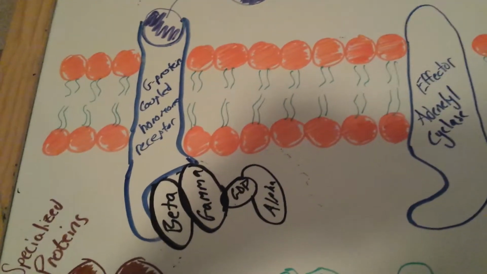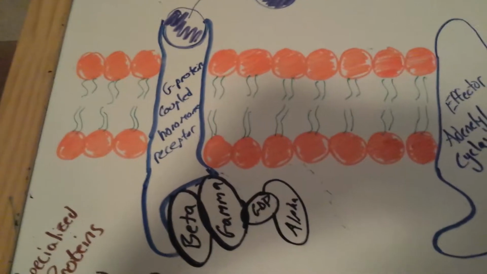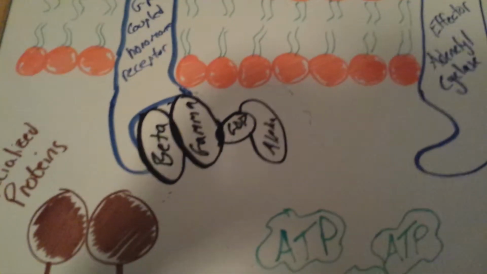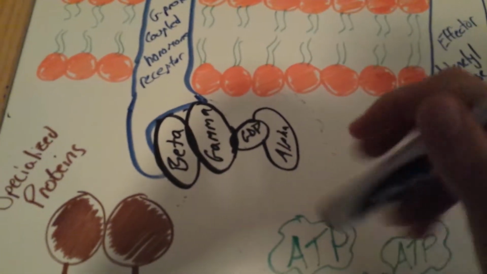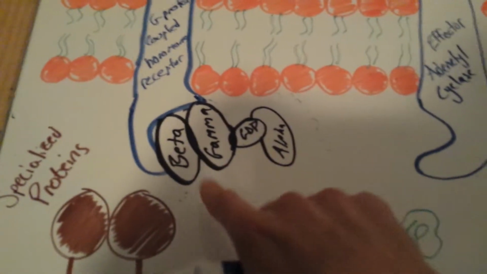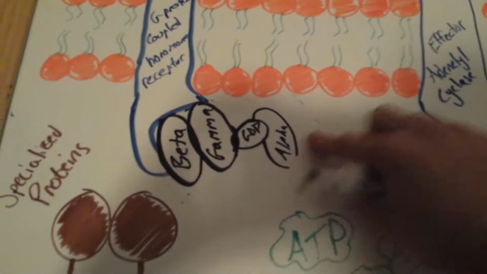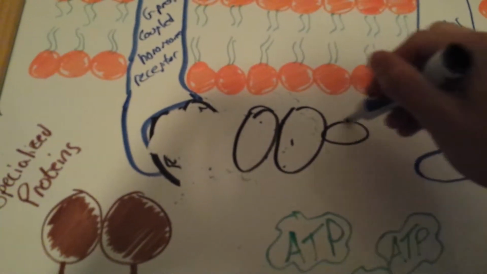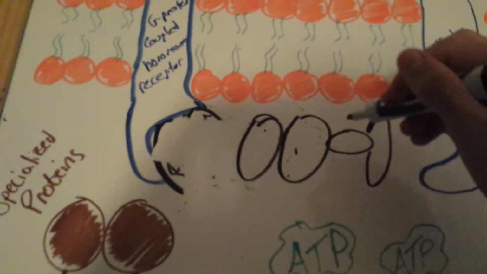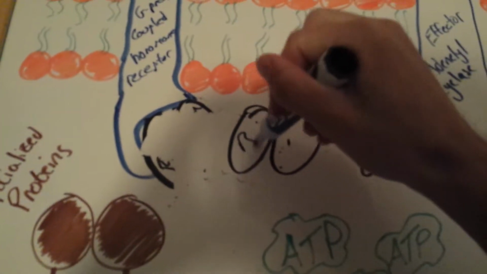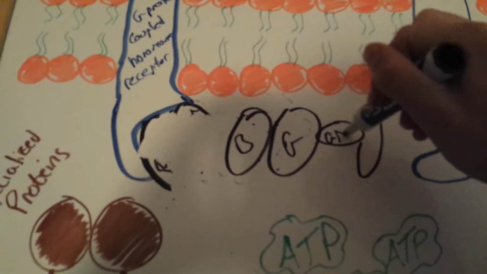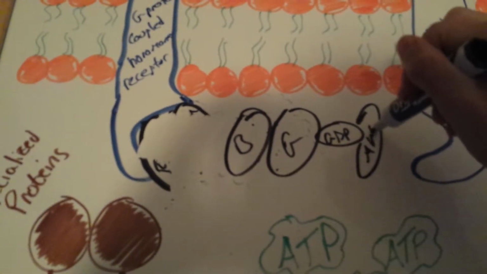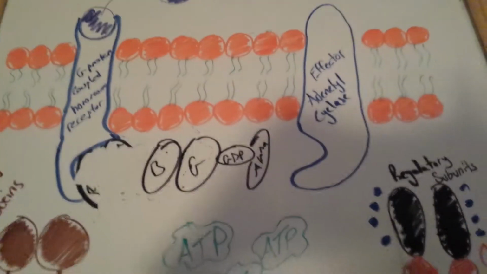And so what this ultimately does is it stimulates the G protein receptor. And so this subunit, alpha, beta, gamma, will actually dissociate from the receptor. So let me erase that really quick. And so now they're out here and they're just floating around, making their way. Alright. So you have beta, gamma, GDP, alpha. Alright, so once they're there,